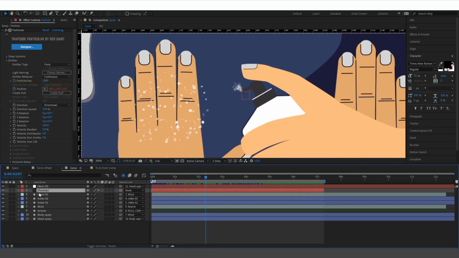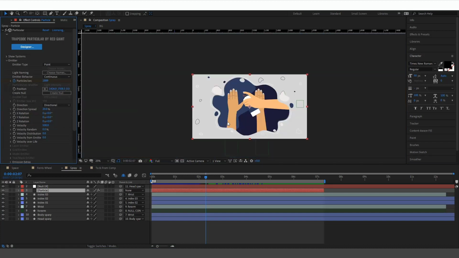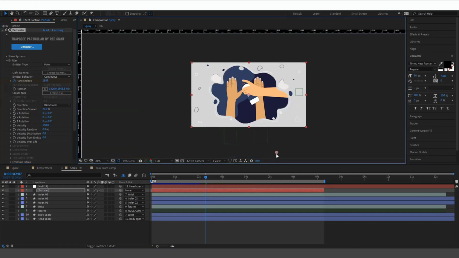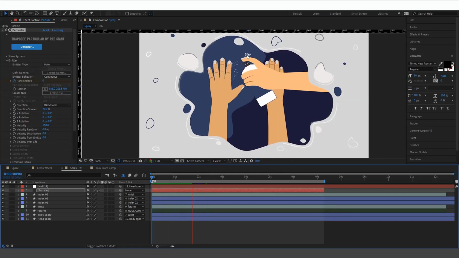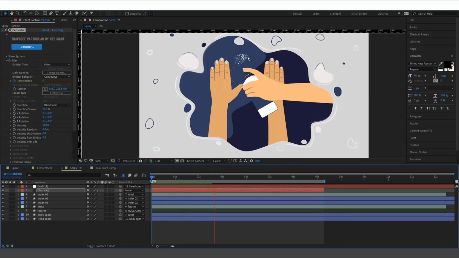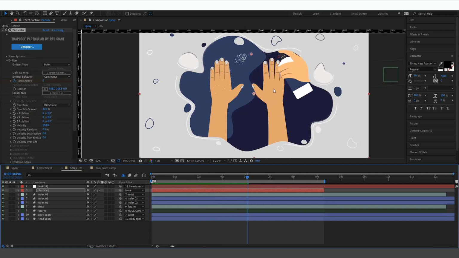Why? Let me disable this expression. Now the main point or its position is here. I place it here so you can see it. As you see, it is spraying the particles here without any movement. To parent the particles to the spray tip,